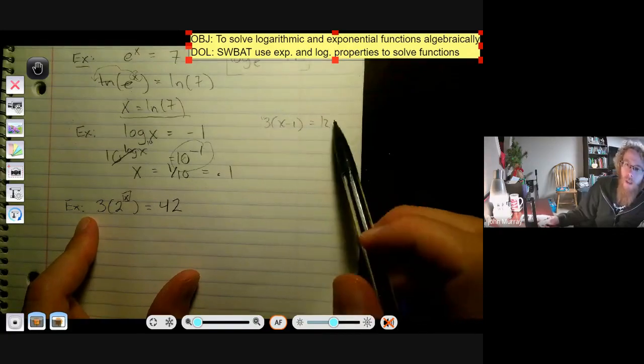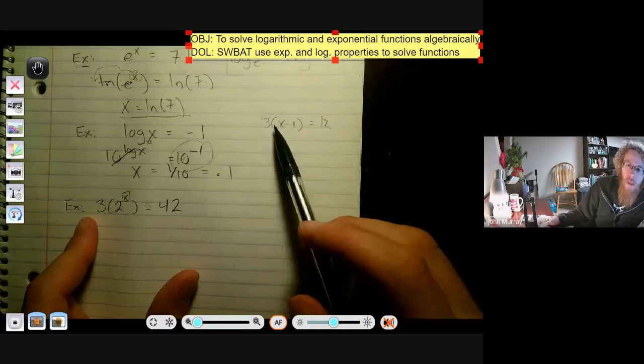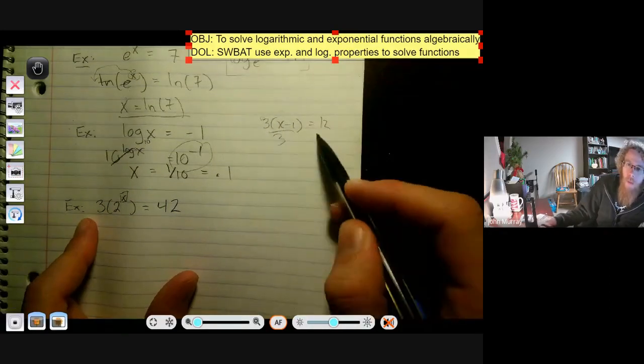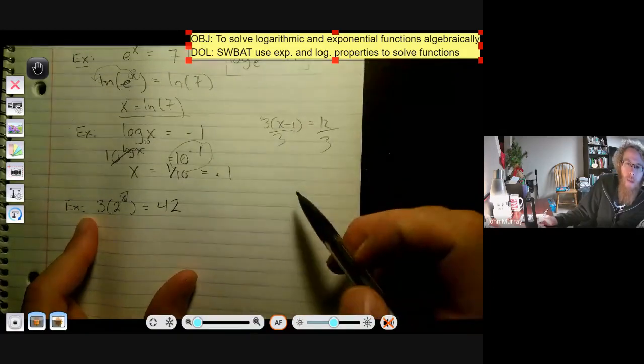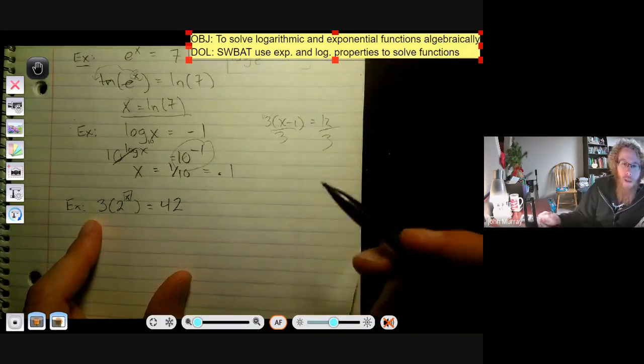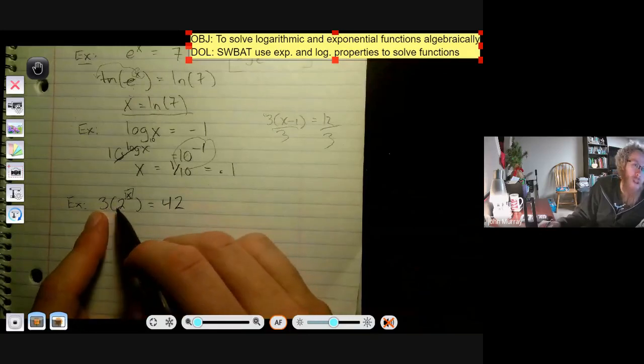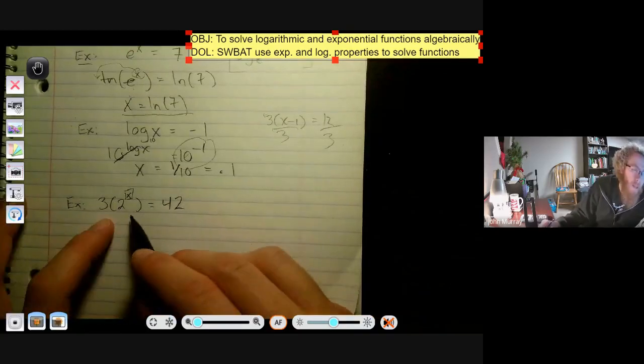Well, I mean, you could distribute the 3 and then start to solve. But one good step, you know, you could divide by the 3. I can't add 1 until I get rid of that 3. Right? So it's the same process, except here, there's no way I can distribute. I cannot